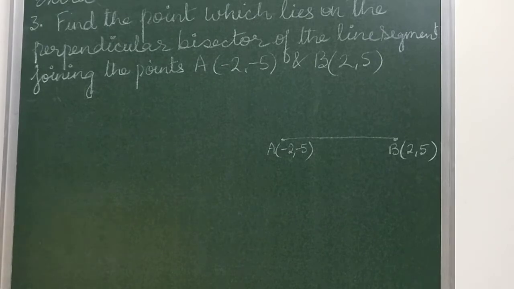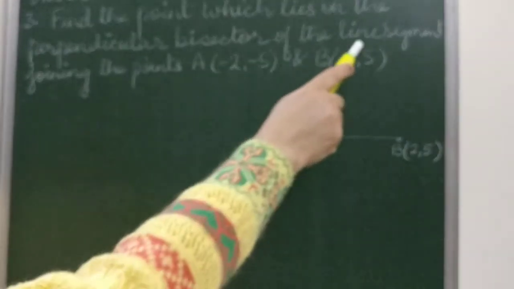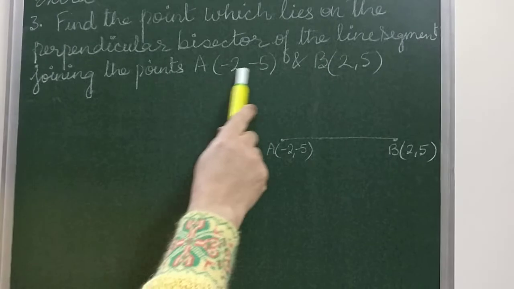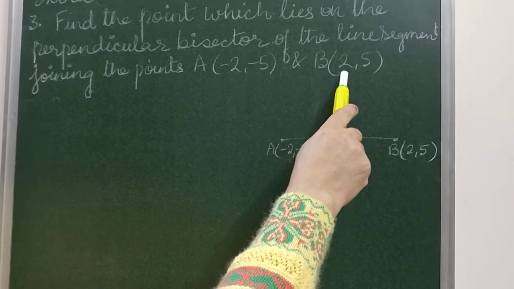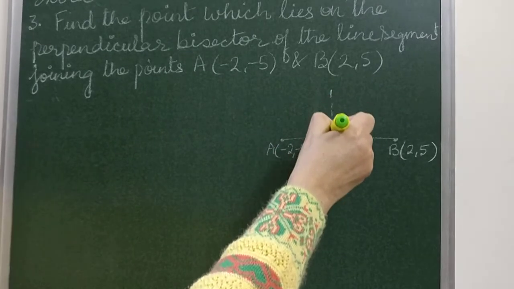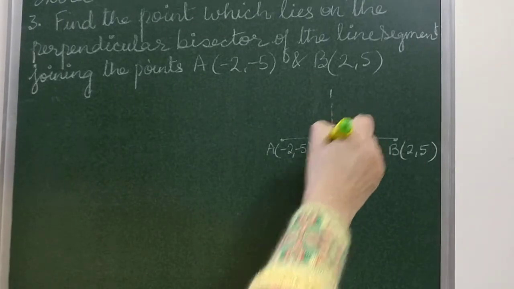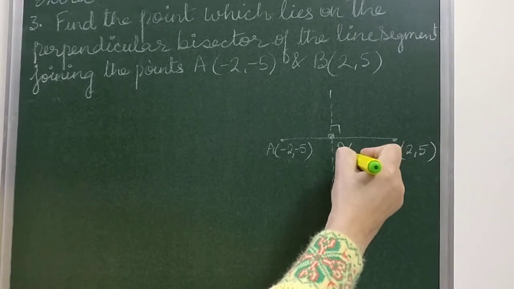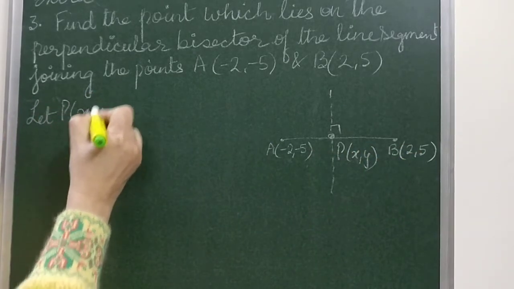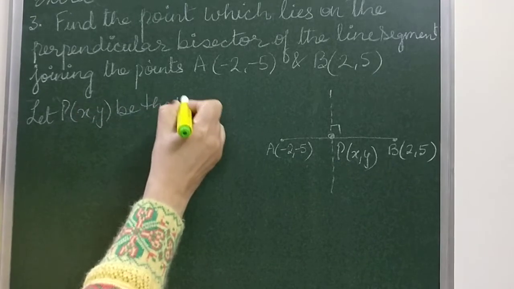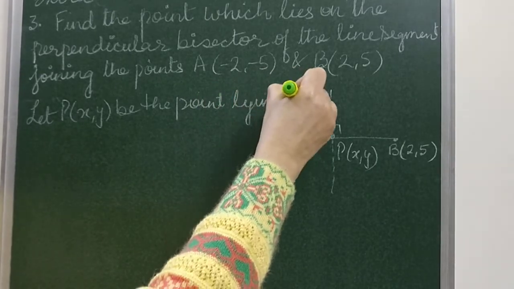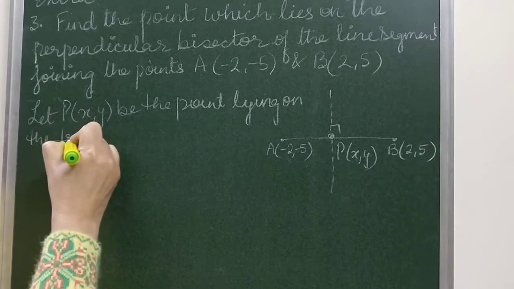Question, find the point which lies on the perpendicular bisector of the line segment joining the points A and B. So A is (-2, -5) and the coordinates of B are (2, 5), and we have to find a point which is lying on the perpendicular bisector of AB. So let P(x, y) be the point, right? So let P(x, y) be the point lying on the perpendicular bisector